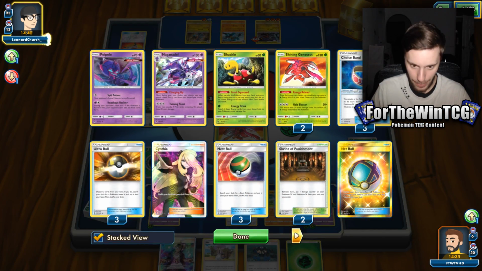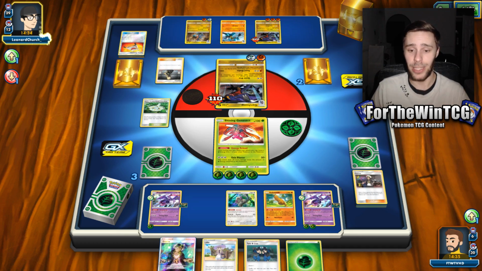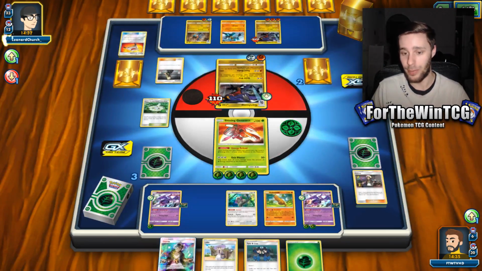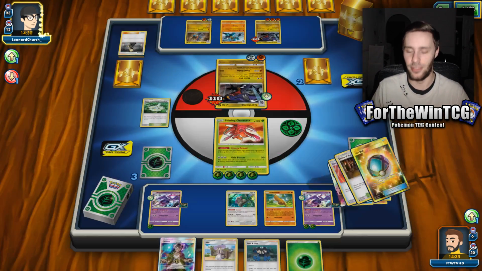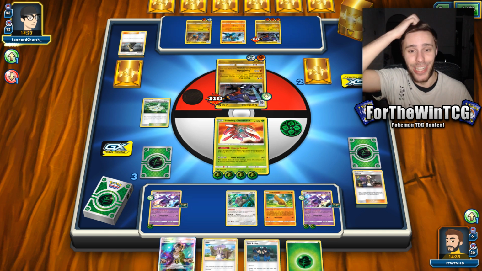Hopefully. We have to attack with Naganadel for the rest of the game, I'm afraid. So maybe playing an extra Genesect would be great. I was only able to get 3, but maybe playing a 4th Genesect would be very vital. I think that is very vital. So, note taken. We just have to hope that they don't top deck the Cynthia in these turns where we take our KOs,